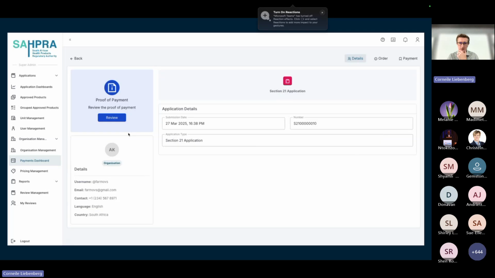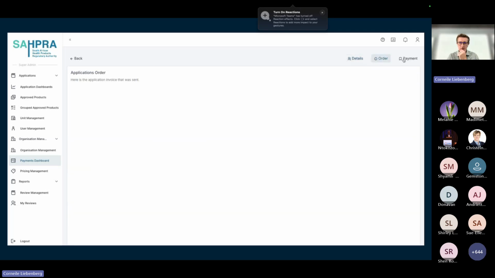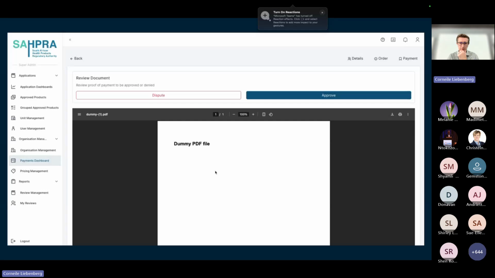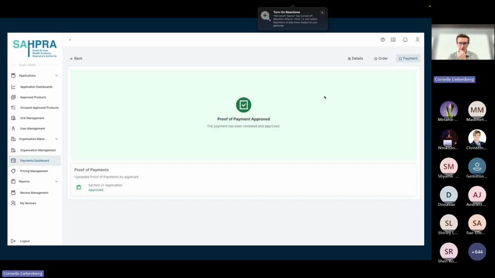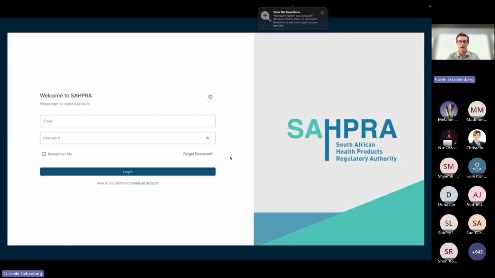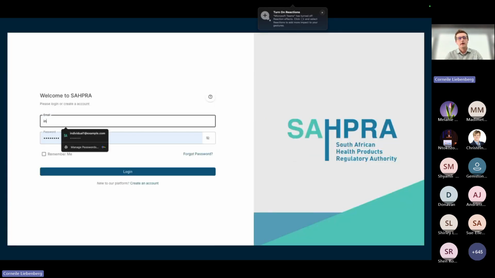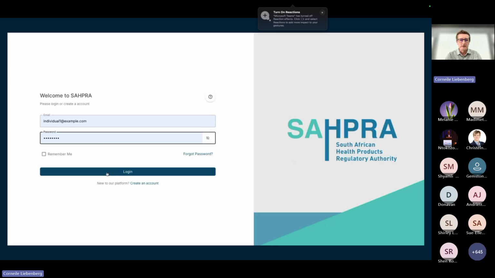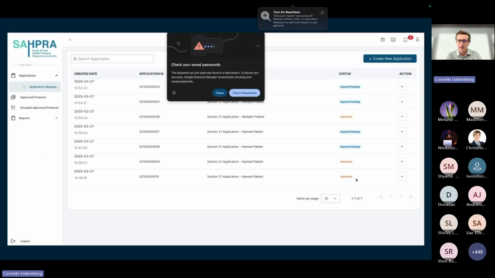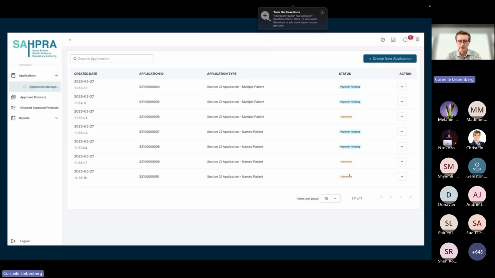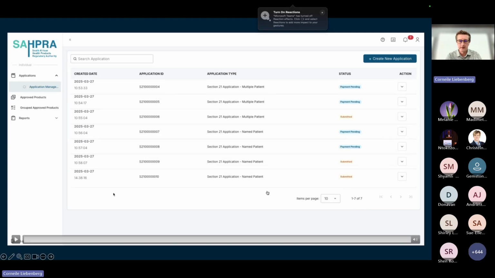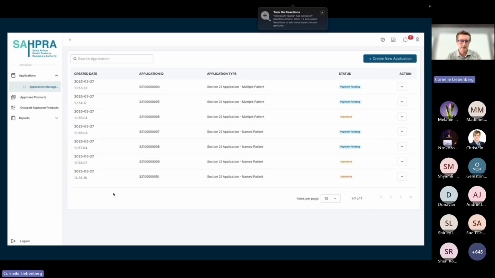So for that specific application, they can also view the order and the payment, review the proof of payment that's been uploaded, and then either dispute or approve, in this case, of which you will then be notified as well, and then the status of your application changes from payment pending to submitted, as you can see there, number 10 at the bottom. And that's in a nutshell the application process.